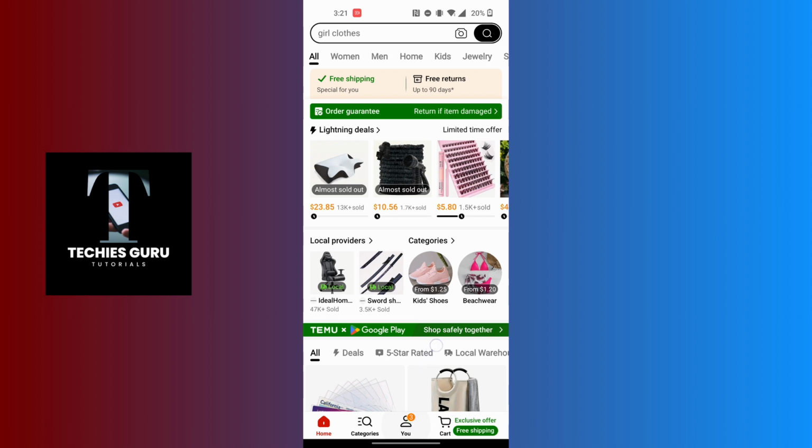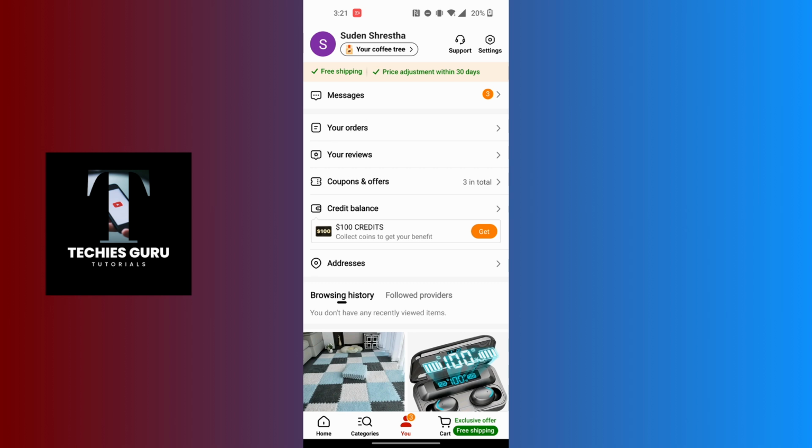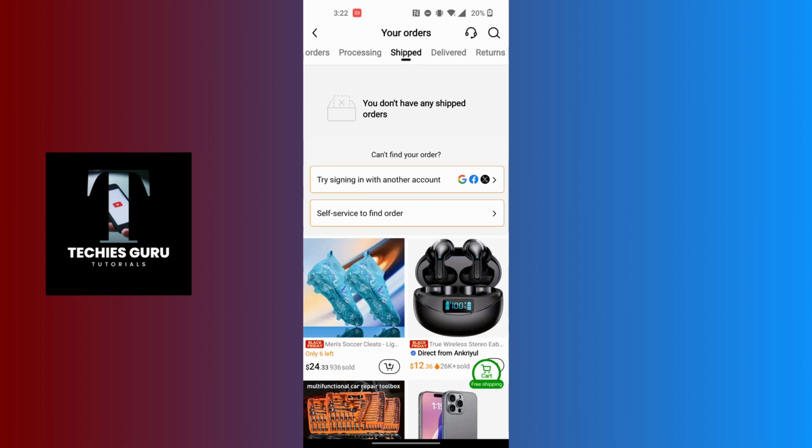Tap on the You button at the bottom middle section of the screen, and you land on this interface where you can see the second option that says your orders, just below the messages. Tap on your orders, and now all of your orders will be here, from processing to shipped to delivered to